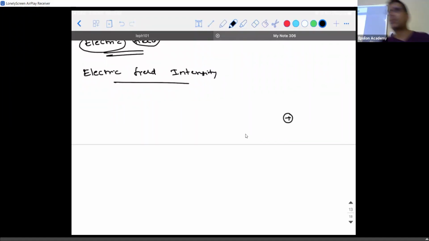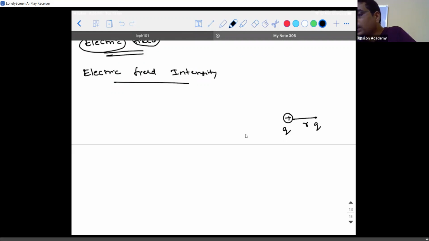Suppose I have a positive charge. Okay. I have a positive point charge. Now what do you think will happen to another charge brought close to it? It will experience a force. One way you can say it is experiencing force is because you can apply Coulomb's law. If suppose I place a charge here, at a reasonable distance where they can interact, I can say force is going to act on them because of Coulomb's law, because F is equal to K Q1 Q2 divided by R square. The same concept can be visualized with a different perspective.